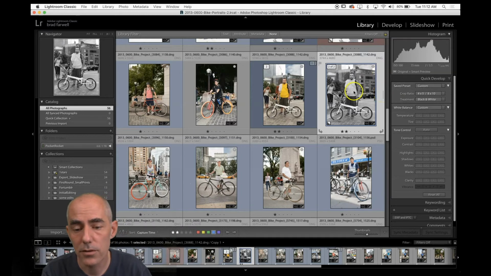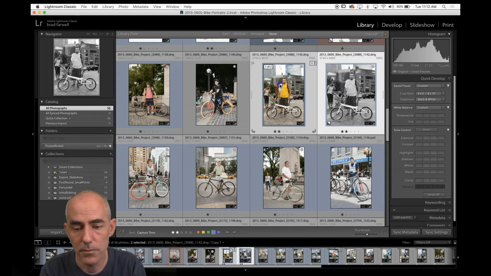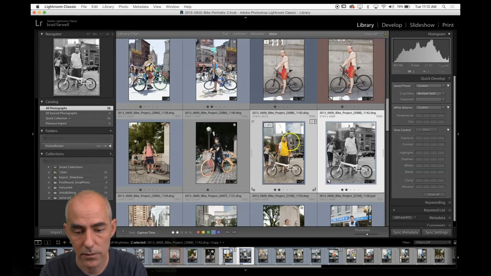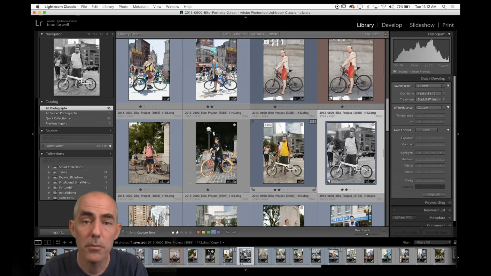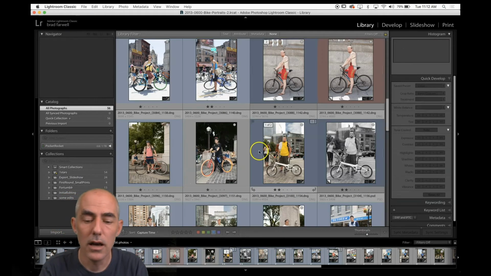Once you have a couple of virtual copies, if I want to export, I can export both of them, right? Same as I would two separate files. Hold down Shift, both of them are now selected. I can go here and export. It'll export two different results. If I only want to export one of them, obviously I could just select only one of them. But if I'm doing the whole thing, right, if I want to hit Command A and select all,